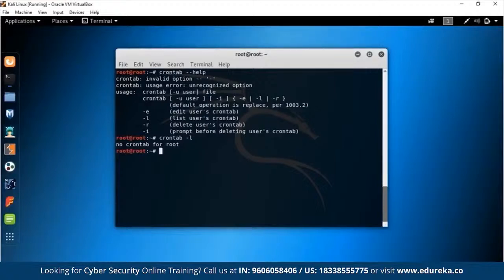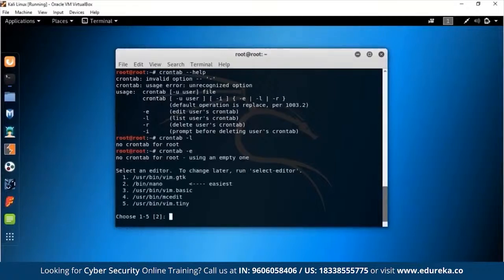And I want to tell you all, be very careful when deleting anything of that sort, because once you delete something from Linux, as I've already said, it is very, very difficult to retrieve it back. You might get fragmented pieces of what you had deleted, and that will only leave you with sadness and devastation. Now, what you want to do is go through crontab and use -e, and this will bring us to select an editor. To change it later, run select-editor. So we'll go with nano.